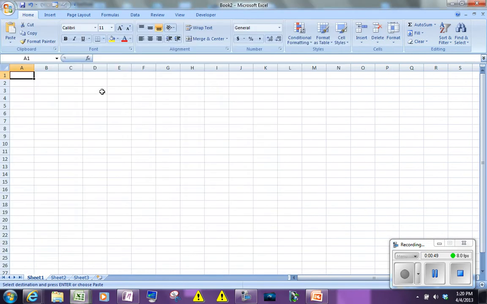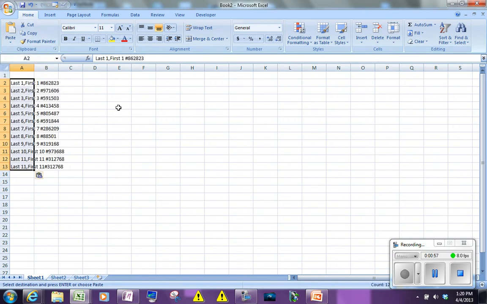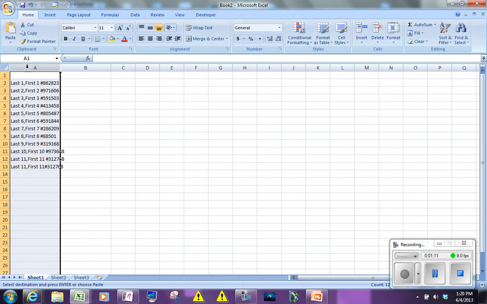make a new spreadsheet. Now I'd go to column A2 and you're going to paste, so go to paste, and as you can see there's name and then there's this number sign or pound, hashtag, whatever they call it these days, and the student ID number. So I'm going to highlight these and make the columns just a little bit wider and highlight column A, and